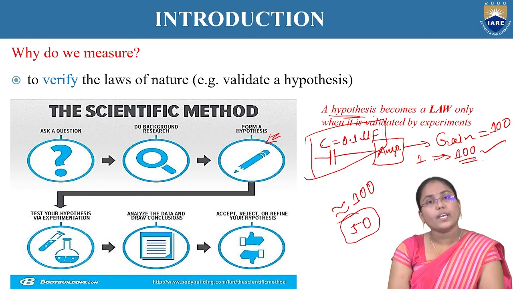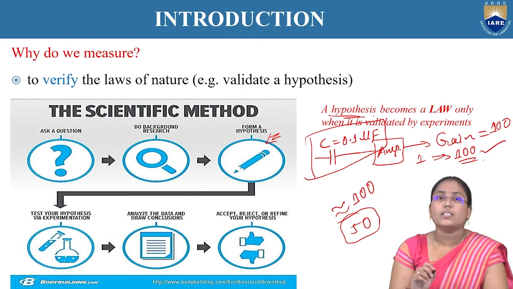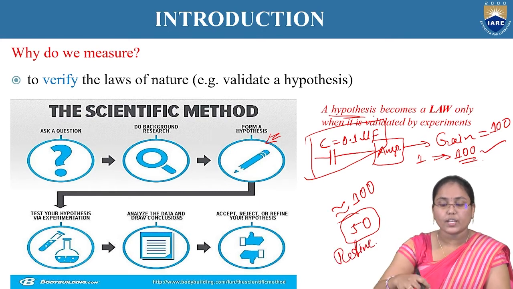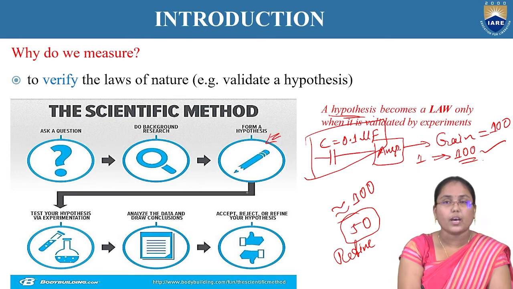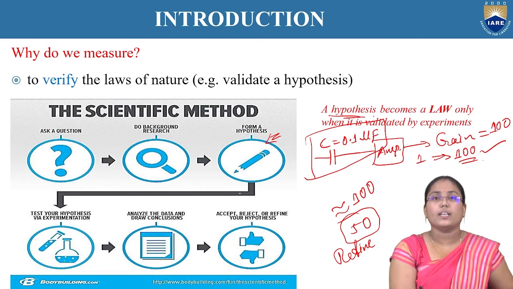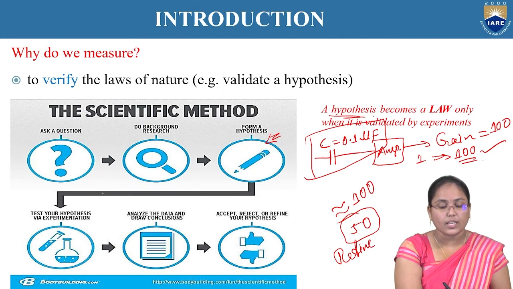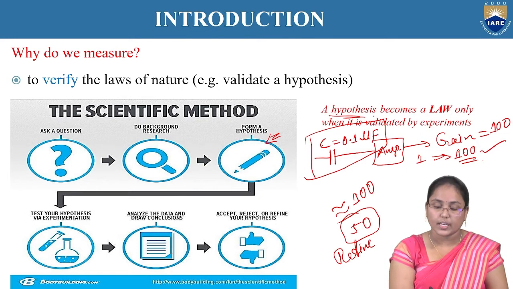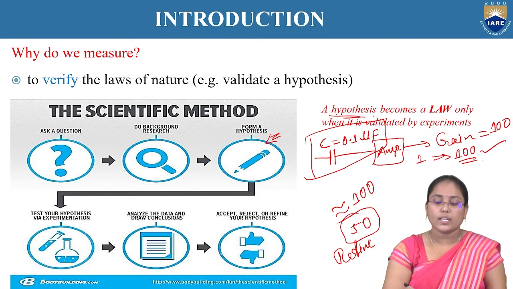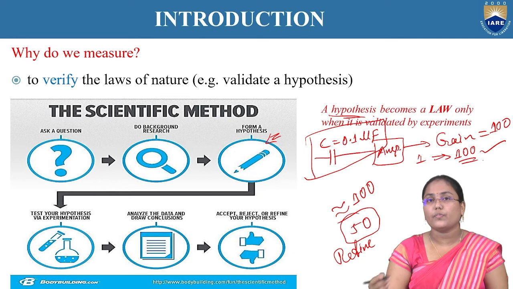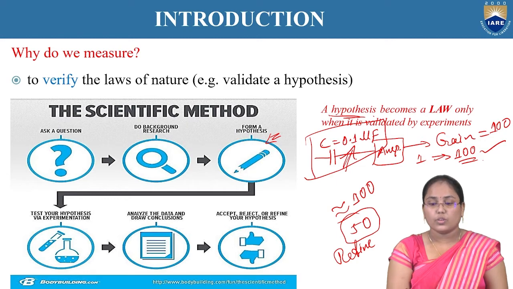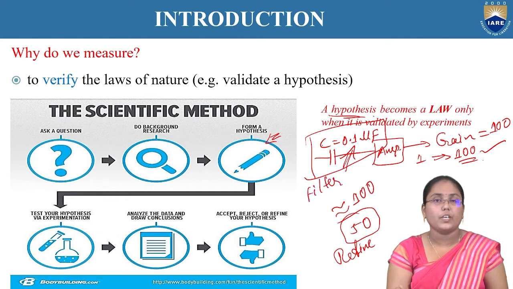For that, we can either directly reject it or refine it. And after refining, we follow the same process again. We form a hypothesis using some theoretical formulas, do the experimentation process, analyze the data, and come to a conclusion. Looking at the gain, we can say whether to accept, reject or refine it. And if the gain is still not improving even after slight modifications to the capacitor design, and it is actually not simply a capacitor, it is a filter design here.